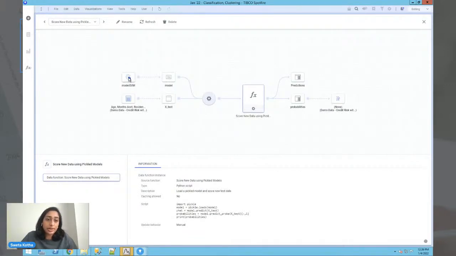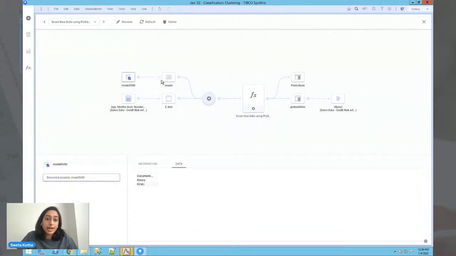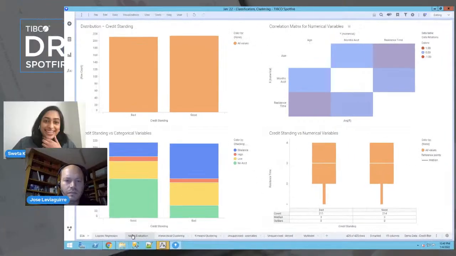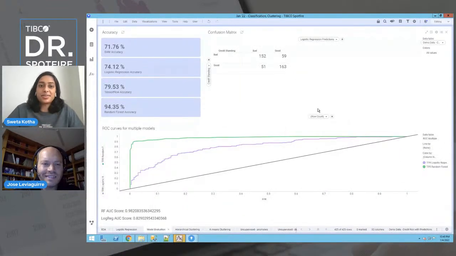So here the last model I ran was the support vector machine. I specified that that's my model of interest. I specified what my new data is, and then I output both predictions as well as probabilities. So this is a data function that I've reused on every single model that I've run so far. It's a little bit hard to put into context, but now that we're able to score new data, what we can do is go,